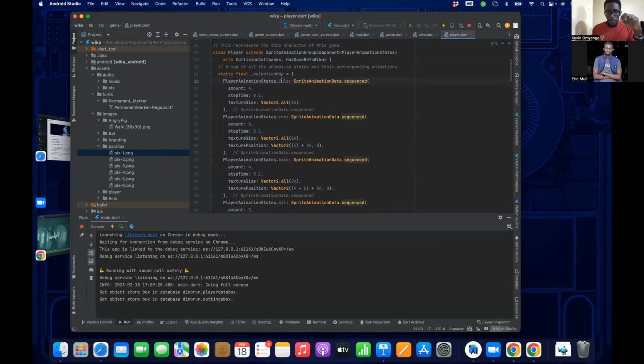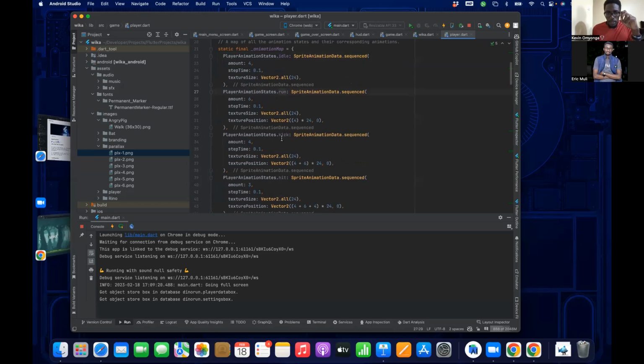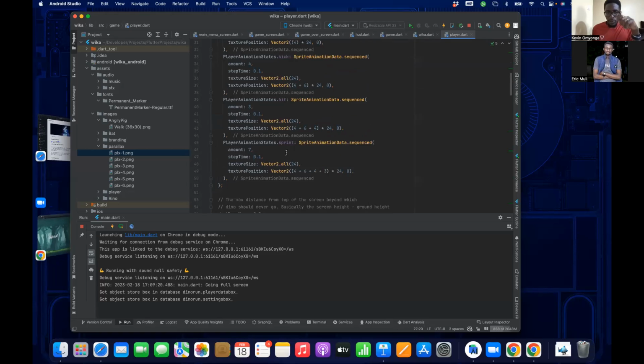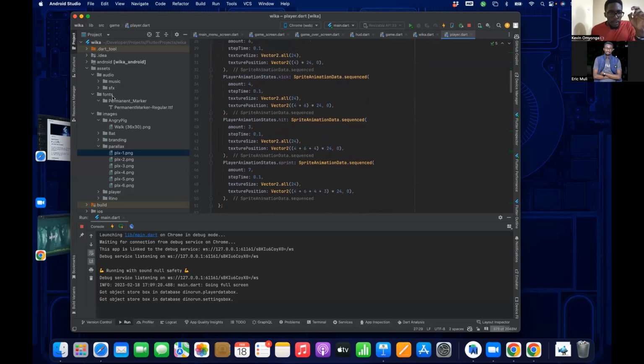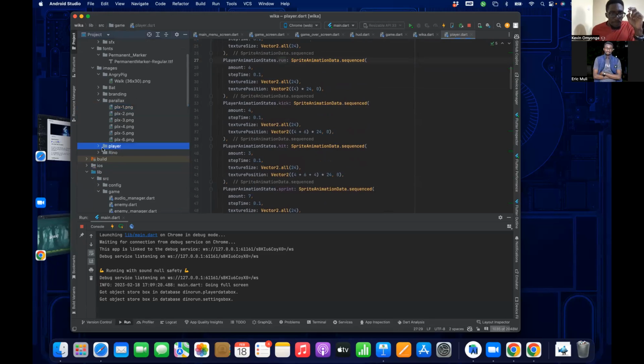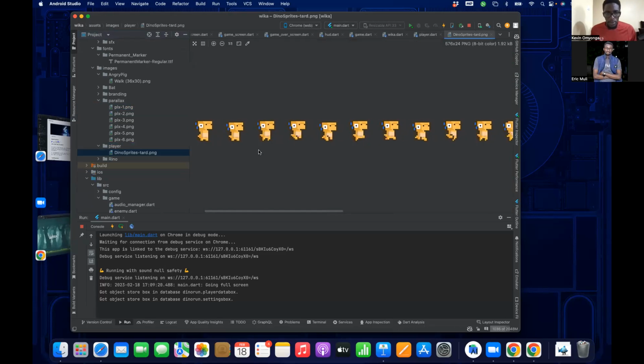Oh, and as you can see, there are also different states. So there's the idle state, there's the run, there's the kick, there's the hit, and there's the sprint. Each of those is now mapped out to one of these states of the sprite.